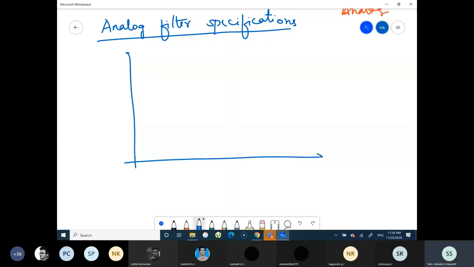Now for an IIR filter, I am writing the magnitude response. We assume that there are ripples in the pass band and also ripples in the stop band, because for Butterworth it is different and for Chebyshev it is different. So now we are writing the specifications in general. Accordingly, for Butterworth and Chebyshev, we take whatever is the required specifications. Since I am writing the magnitude here, the ripples in the pass band vary between